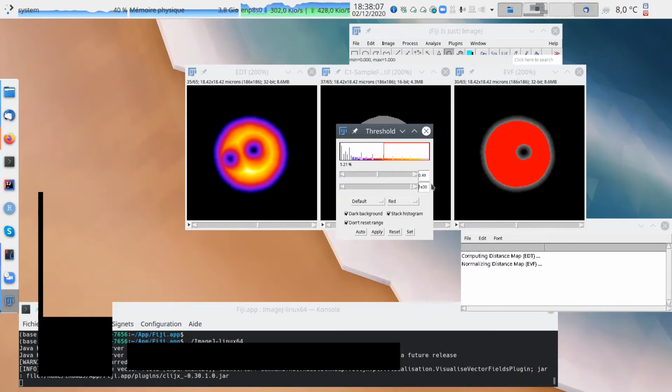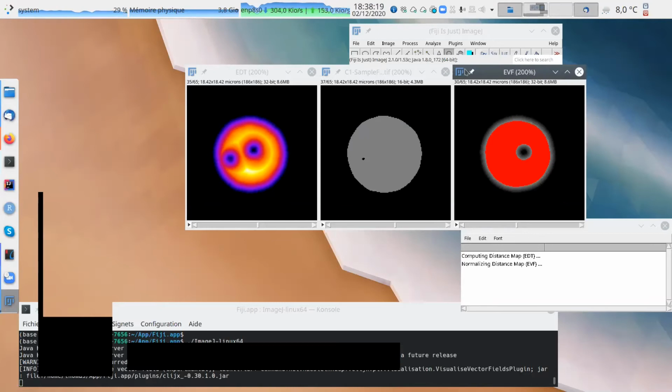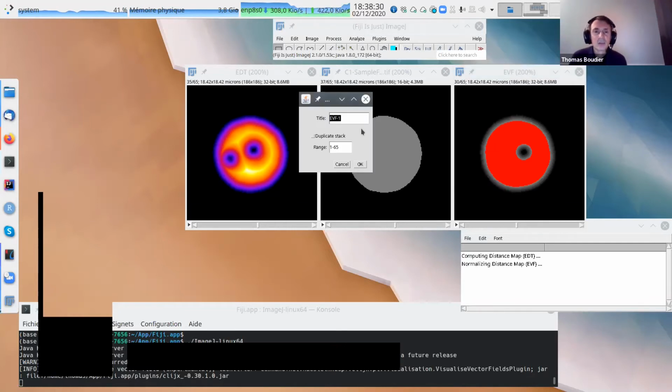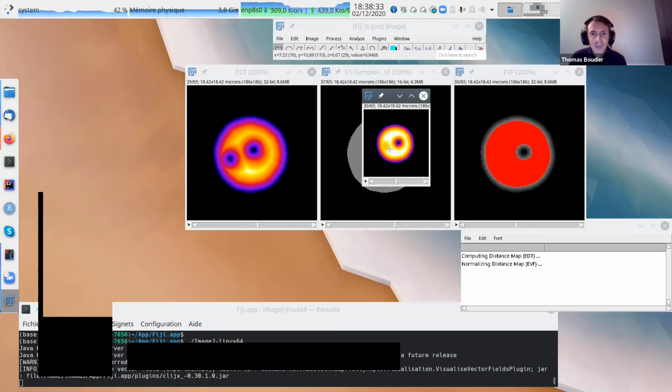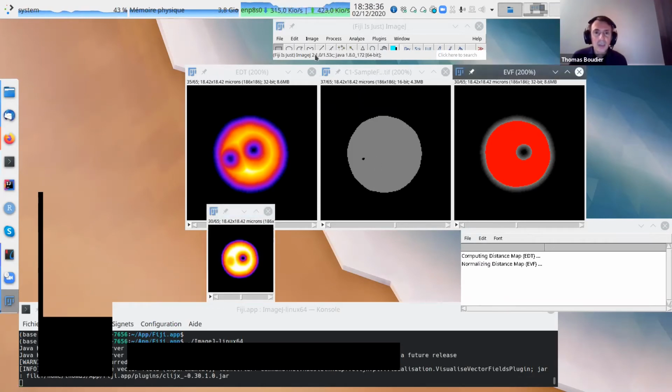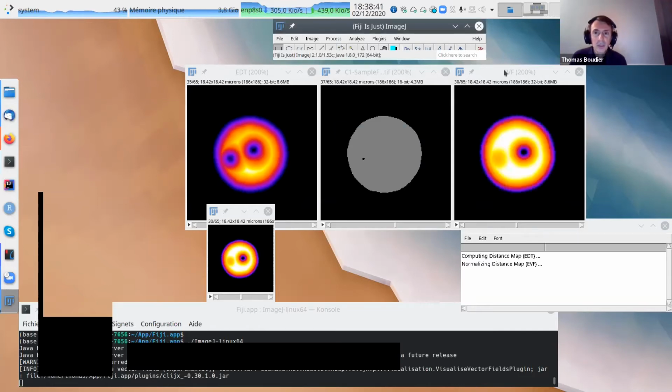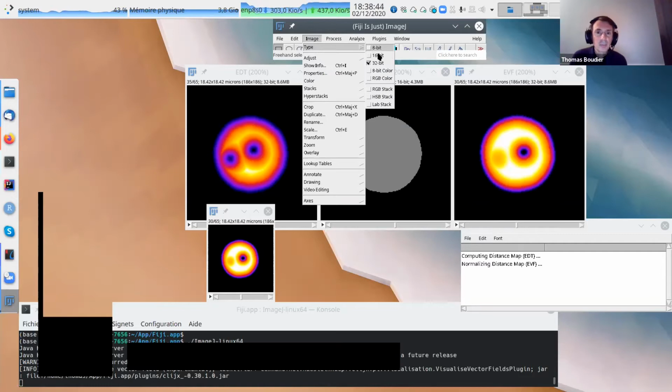I think it may depend how you convert, but automatically it will try to maintain the histogram. So if you go through image type 8-bit, then every value that was 1 will become 255, and anything that was 0 will become 0. Okay, so we try. First I duplicate in case it's not working. Okay, keep a copy of this one. Then I just reset this. Let's go to image type 16-bit, or maybe we try 8-bit.